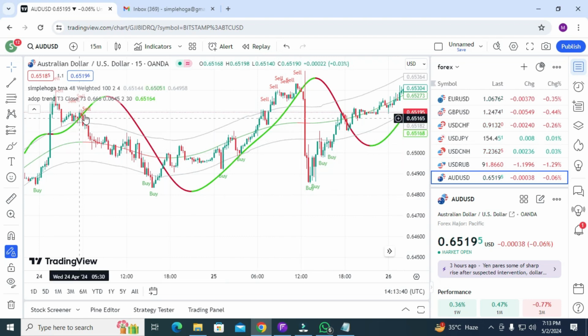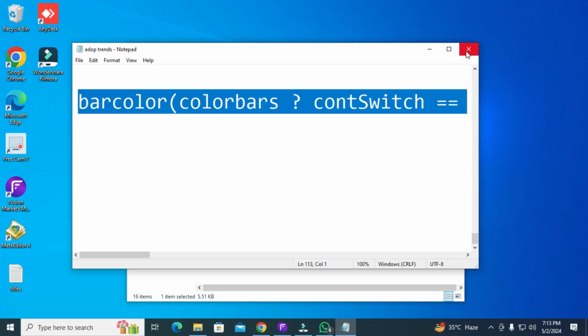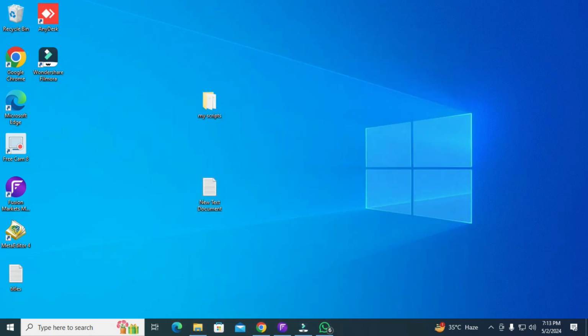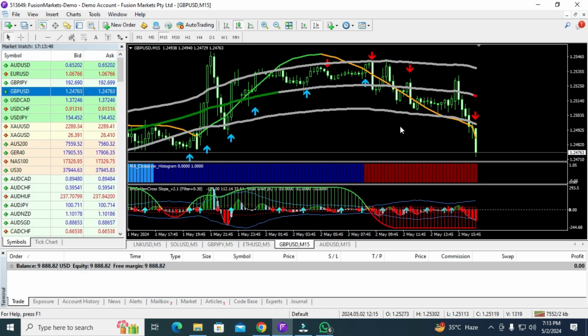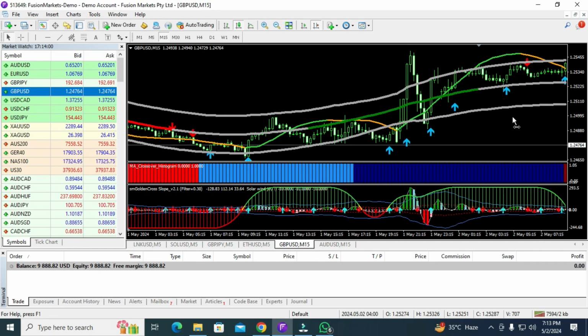Like I said, I need to show you one more magic for the MT4 lovers. For the MT4 lovers, I have this strategy. For the 15-minute chart, it works awesome. You need to consider that when this line is blue, that means you have a buy trend. You can go for the buy trades, and you need to exit after about seven trades. You need to book your profit here.